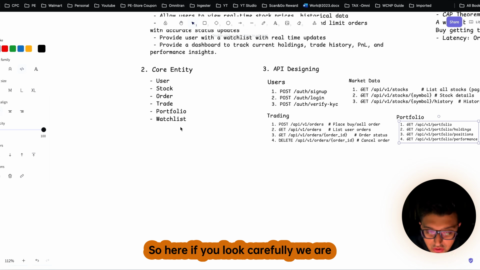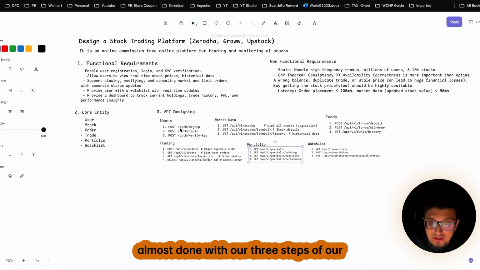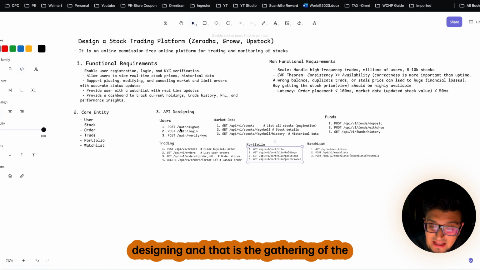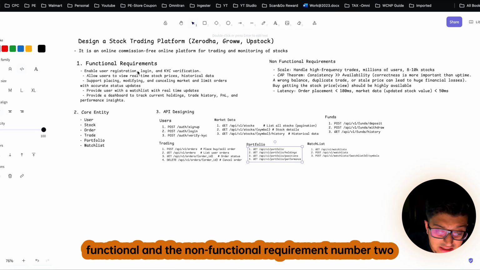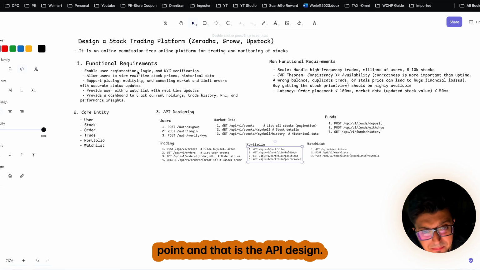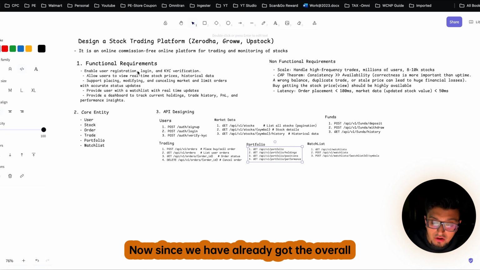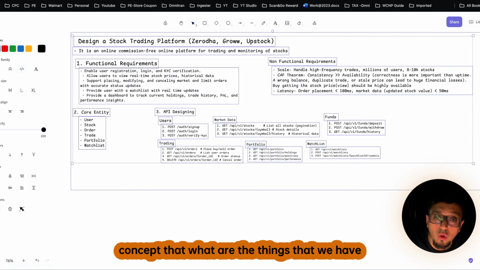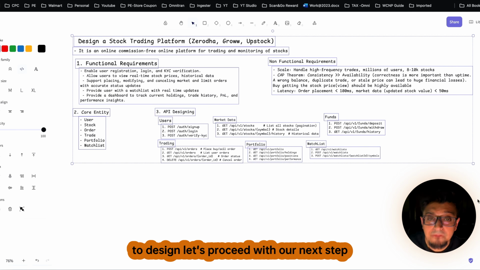So here if you look carefully, we are almost done with the first three steps of our designing. Number 1, the gathering of the functional and the non-functional requirements. Number 2, identification of the core entity, and the third point, the API designing. Now since we have already got the overall concept of what we have to design, let's proceed